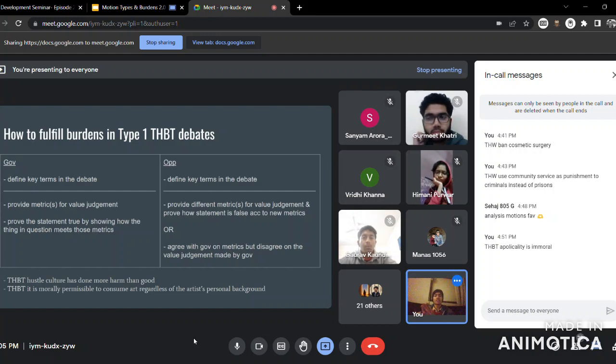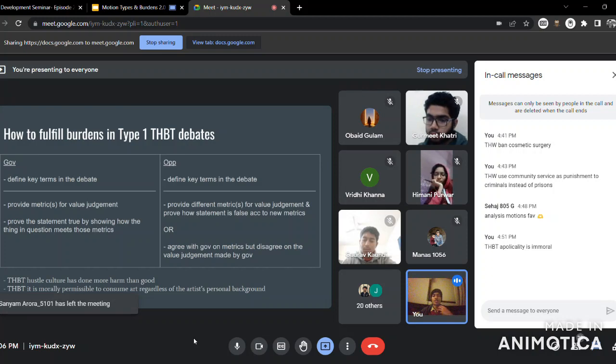The other thing that you can do as opposition is agree with the government on the metrics but disagree on the value judgment made by government. So you can say that, okay, I agree with your way of judging immorality here, or the metric that you use to judge immorality here, but I don't think that apoliticality necessarily leads to that metric being met, or that harm being actualized in the debate. This is a way you can break the linking of government by saying that ठीक है, your metrics are fine. We agree that these things in general are immoral, but we don't think that apoliticality is one of those things, or apoliticality causes those problems that you have an issue with. This is also something that opposition can do.